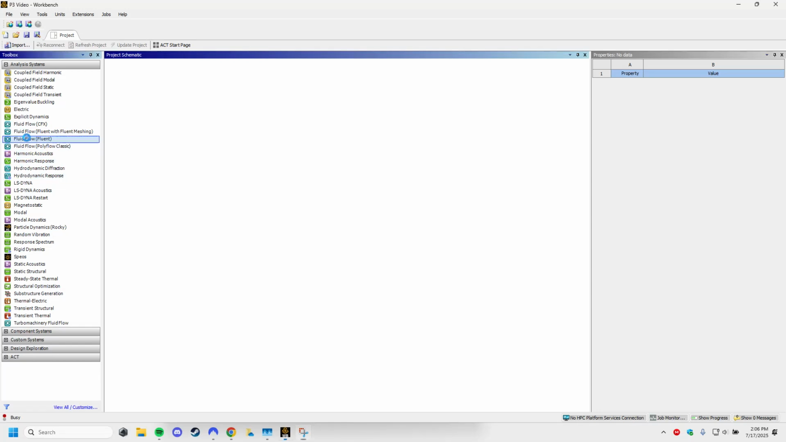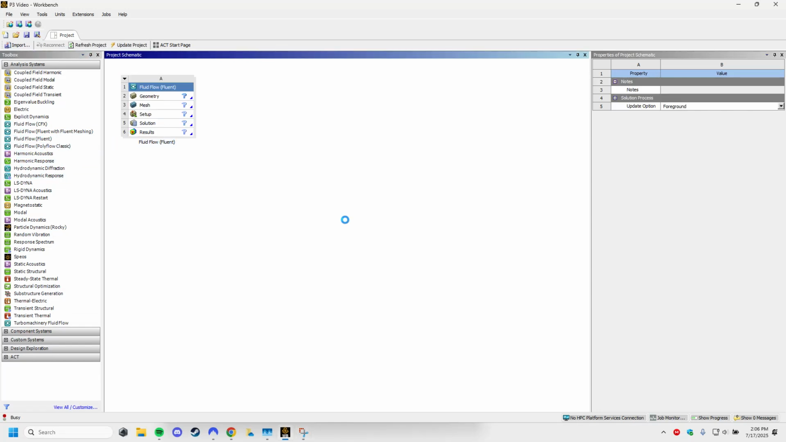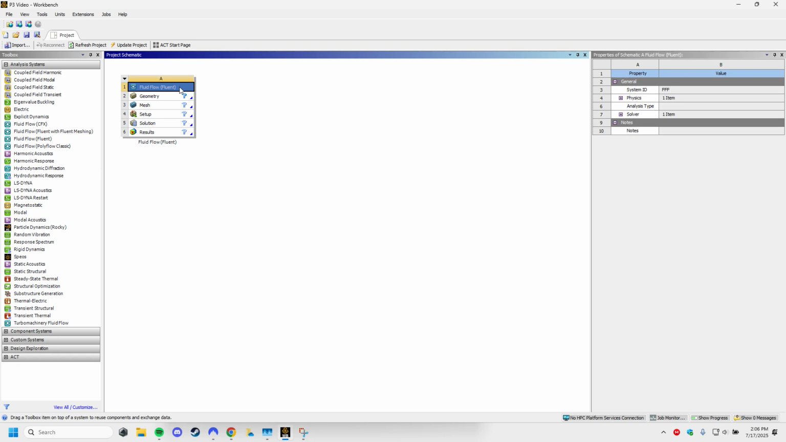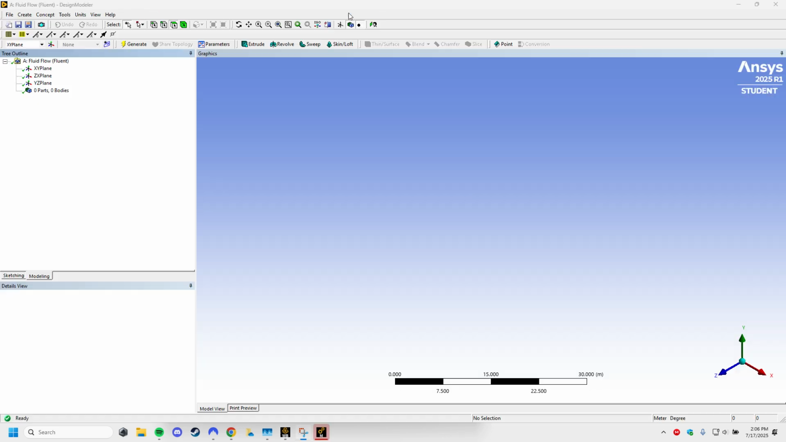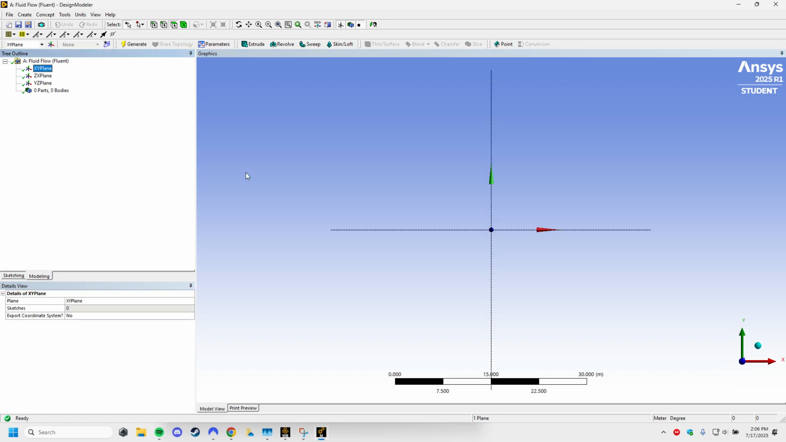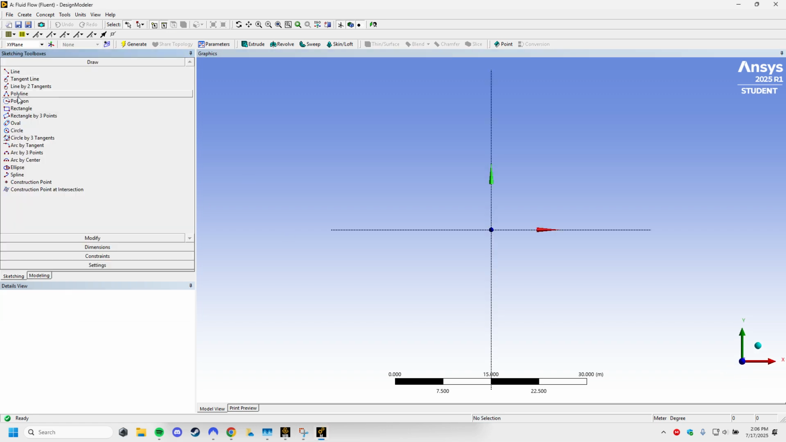First, we take fluid flow Fluent and add it to our system. Then, with this system, we go to New Design Model Geometry. With that loaded, we hit the Z and select the XY plane. Go to Sketching. First, we need to create a circle,